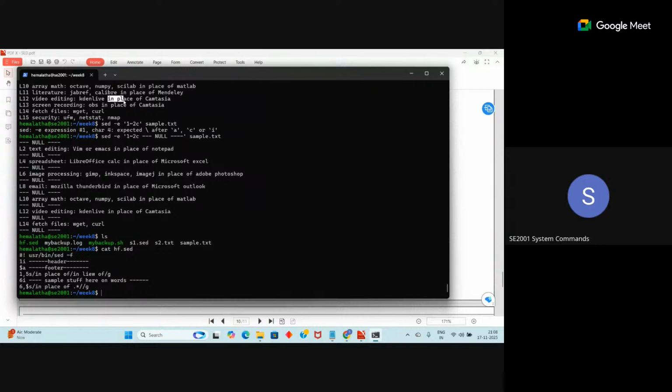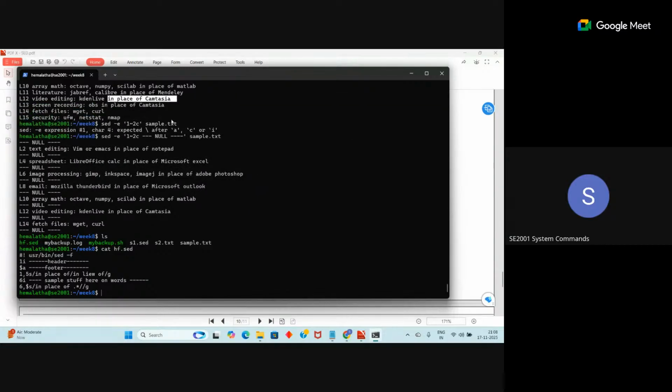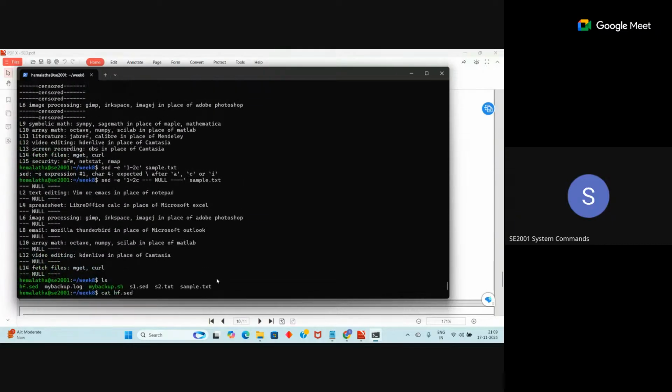Suppose you have "in place of" here; from this place till the end, it will remove everything. Okay, replace with null. So that is the script we have written there. Now, how to run this is